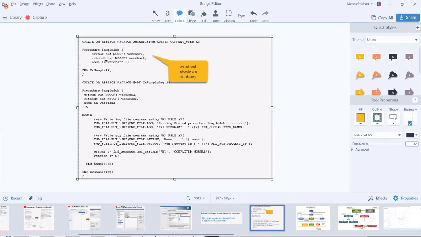You have to have these two parameters in any PL/SQL program unit which you want to define as a program unit. After that, you can have up to 100 parameters. Only then can this PL/SQL component be registered as an ESS job definition.